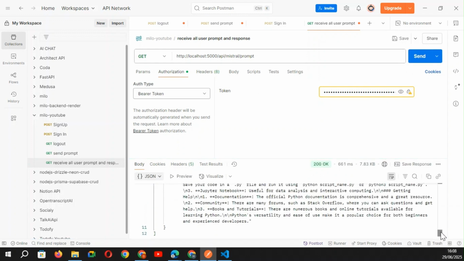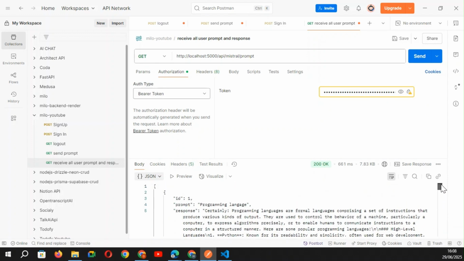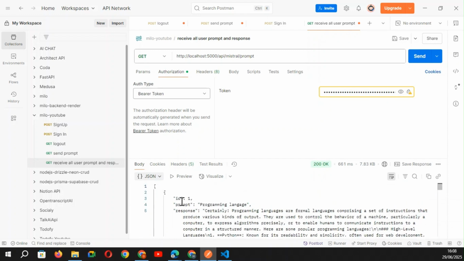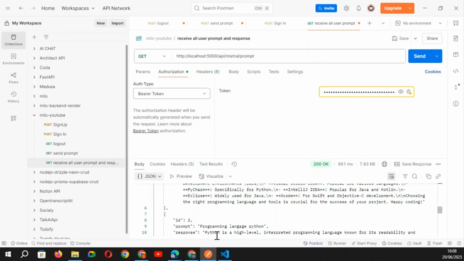Okay, so to update a prompt, we need to do this by the ID of the prompt. So to update the prompt programming language, we will use the ID of that prompt, and this ID is 1. And it will be the same thing for the prompt programming language Python. We will use its ID, and its ID is